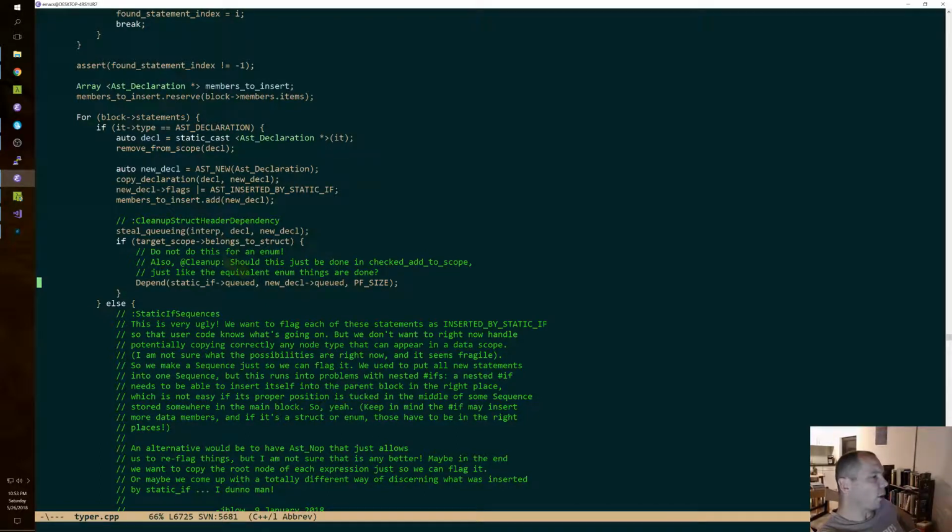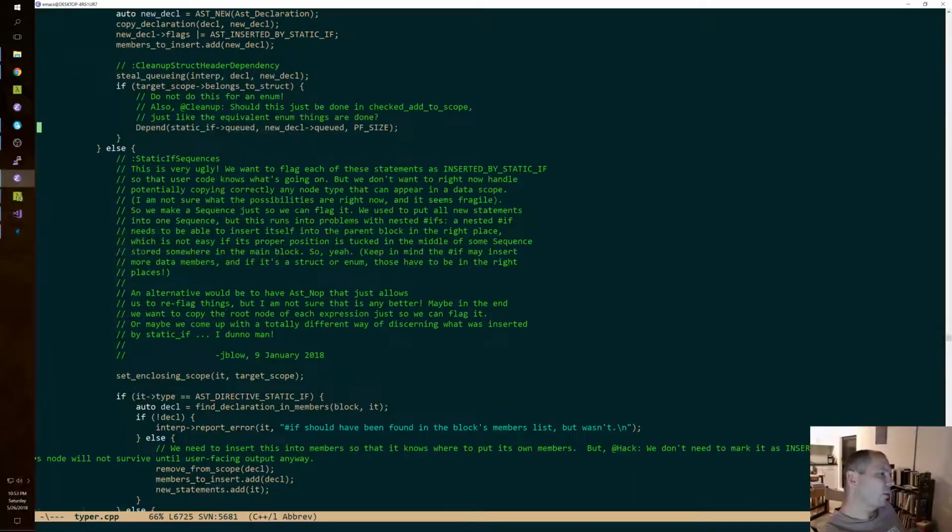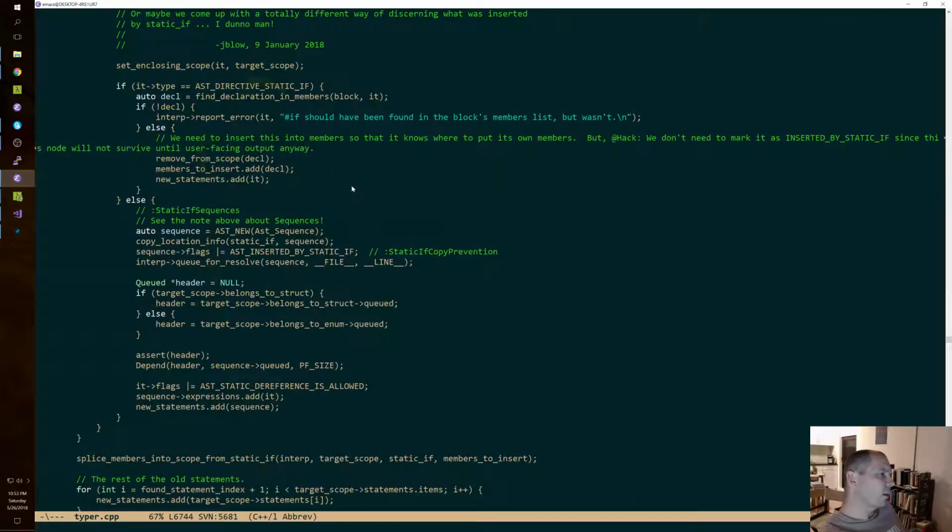See, part of what bugs me about this function is up there we made a sequence, and here we're copying. It's like really so different. Okay.